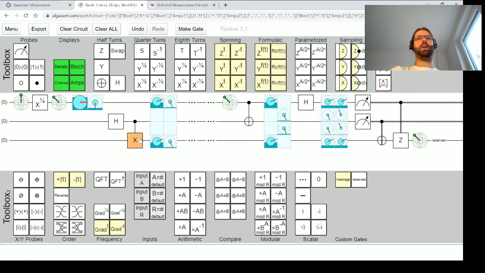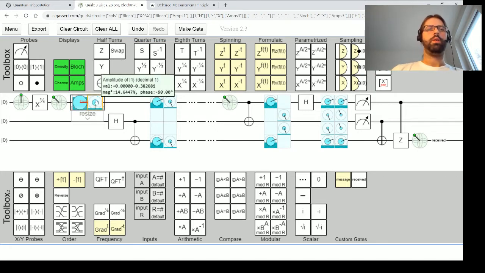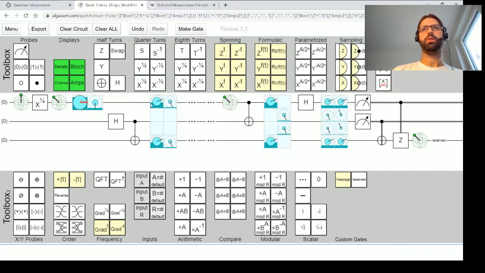So if that's the state, what's going on here? So the phase is still 90 degrees. So the relative phase is 90 degrees. So when you're going to apply the Hadamard in here,